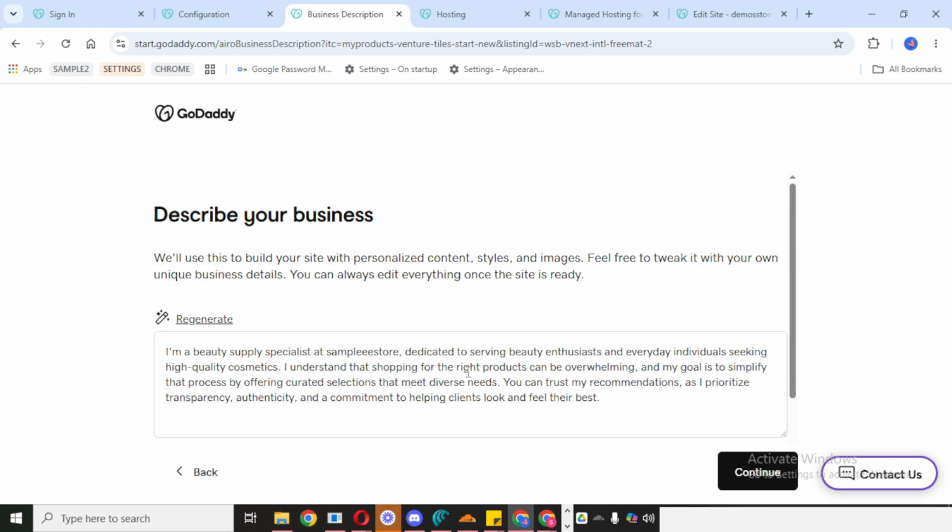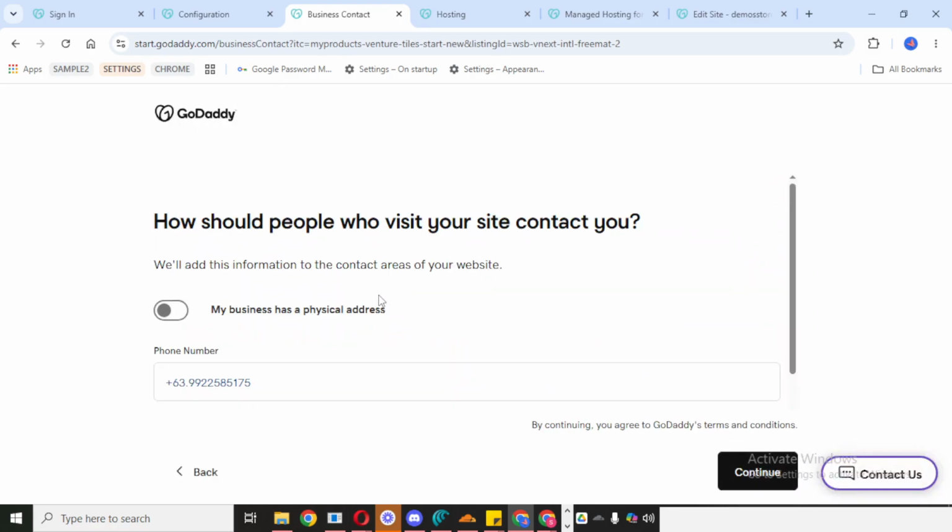In some cases, GoDaddy's AI can help provide that description for you, which can save time and give you a useful starting point. Once you've filled in those details, you'll be much closer to having your website ready to customize. Go slowly, review each choice carefully, and make sure everything reflects the kind of website you want to create. That's how to make a website with GoDaddy.